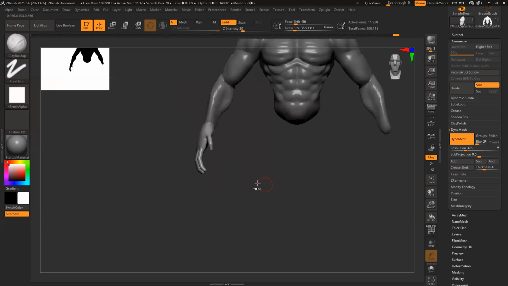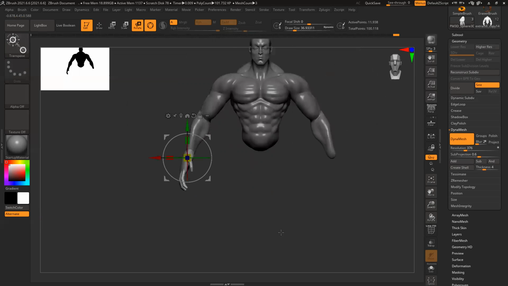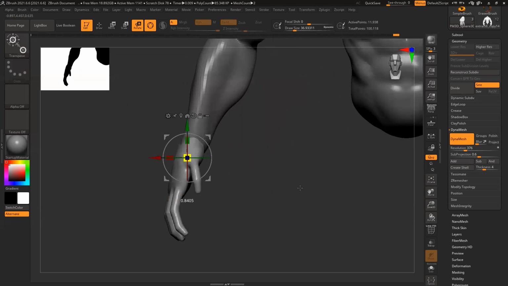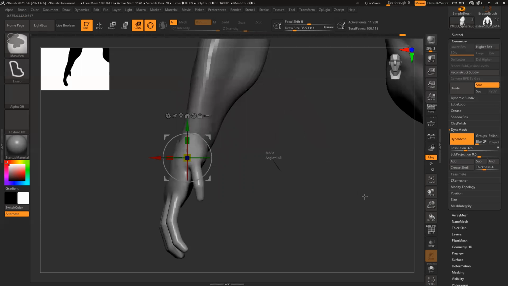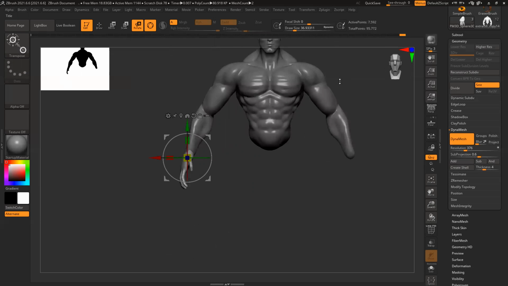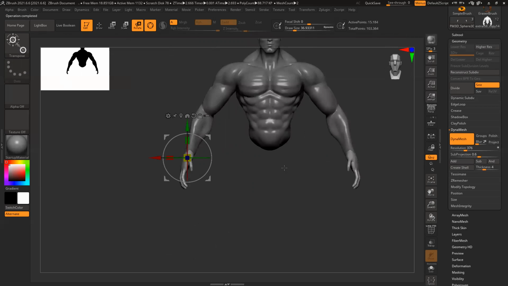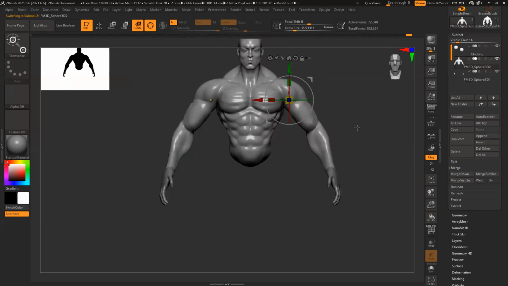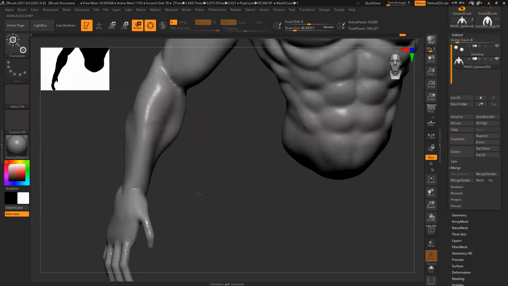You can see the basic structure of the hand is almost ready, and I feel the hand is overall pretty big. Reduce it slightly. Now it looks much better. So now what I'll do is Dynamesh it again and then merge with the body. Before that I have to symmetry the model. Mirror, merge subtool, mirror, body, merge down, Dynamesh it. So everything is combined. Now I can focus on the shape.